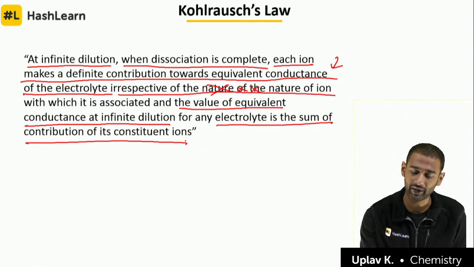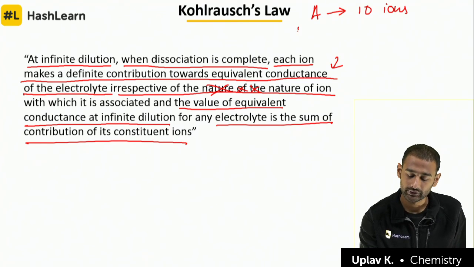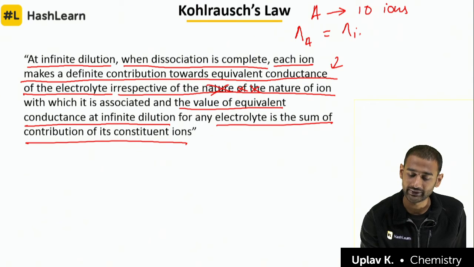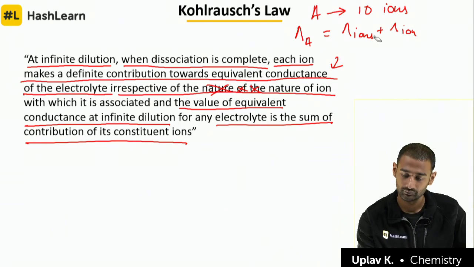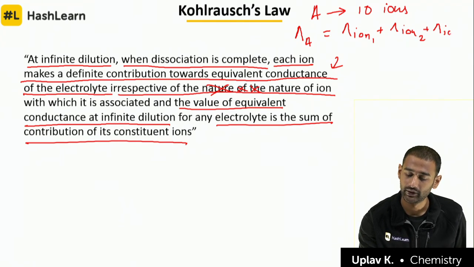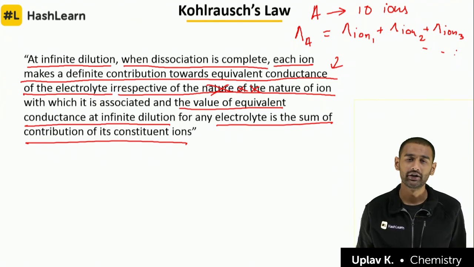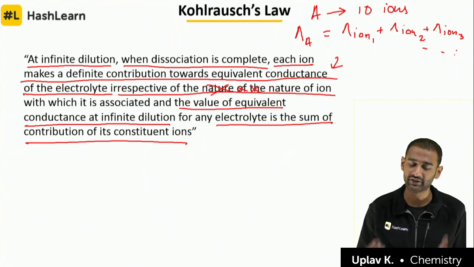तो ये चीज बहुत सिंपल बात बोल रहा है, that suppose I have A, right, and A has suppose 10 ions, then the conductance of A will be equal to the conductance of the 10 ions added, basically. Fine. So suppose this is the first ion, तो उसका conductance plus the conductance of second plus the conductance of third and so on. So this is basically the Kohlrausch law. इसमें I hope किसी को कोई doubt नहीं है, बहुत ही simple सा law है.